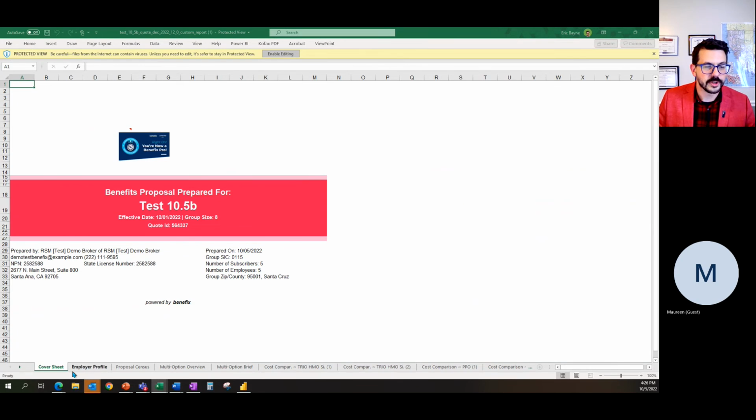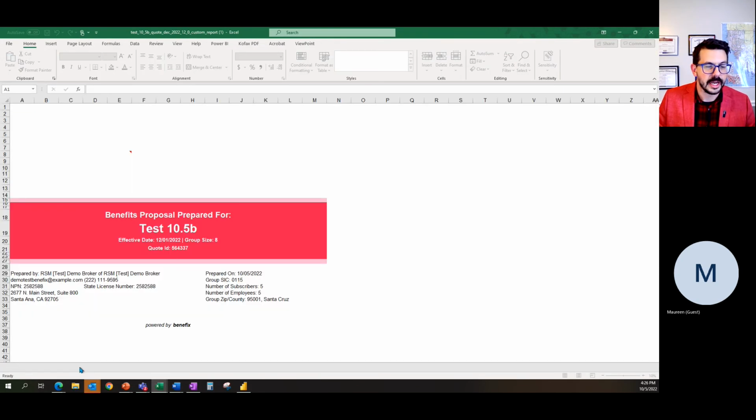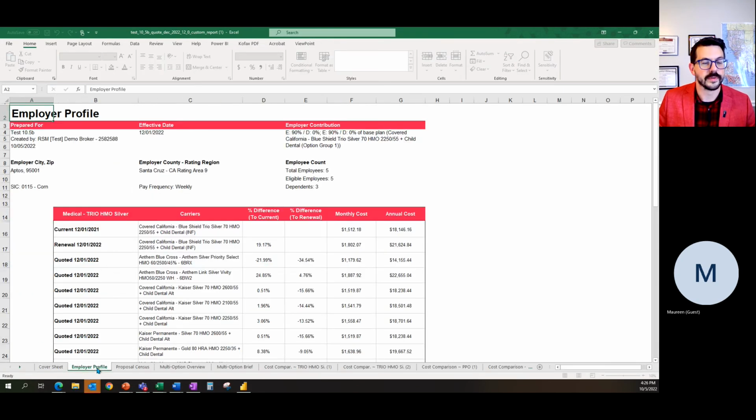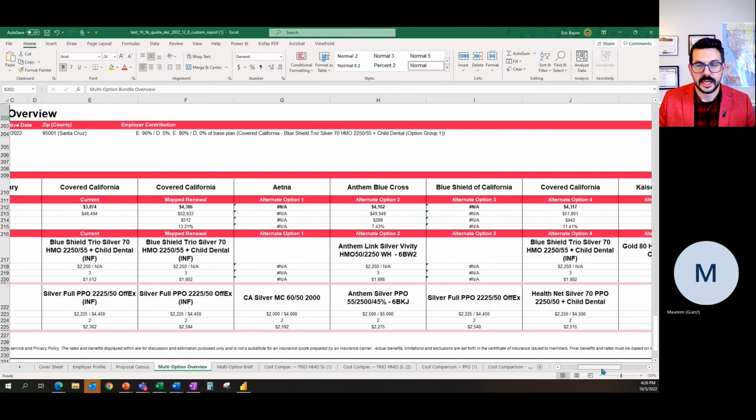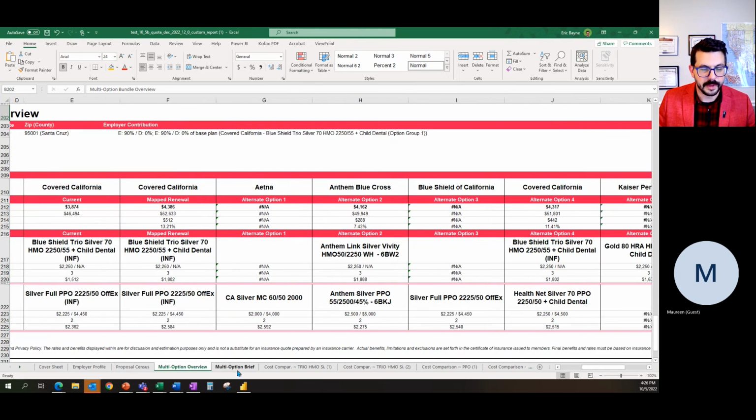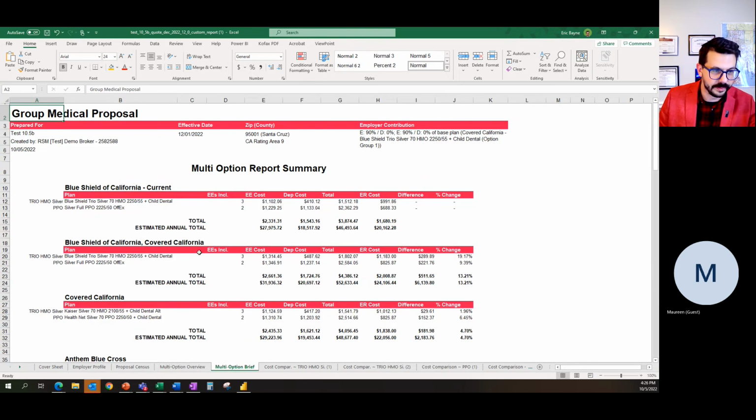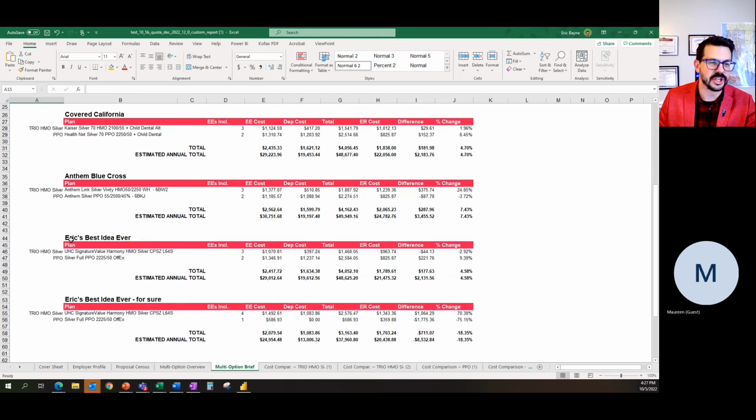So first, you still have your same cover page and employer profile included, of course, along with census, but you also have these multi-option tabs that are included. And most specifically, the multi-option brief is particularly helpful because this not only shows the scenarios with Trio, HMO, Silver, and PPO, again, the unique nicknames we applied to the plans at the beginning of the conversation, but it also